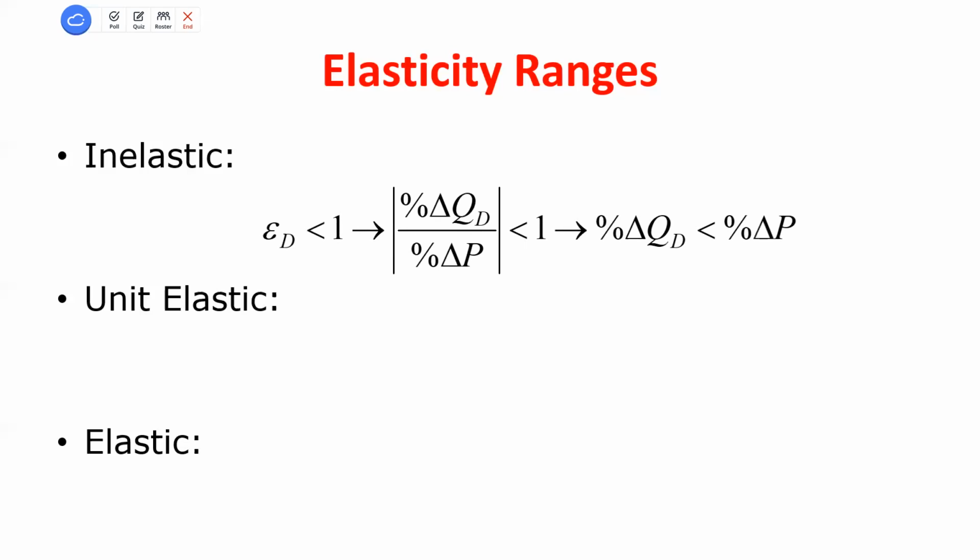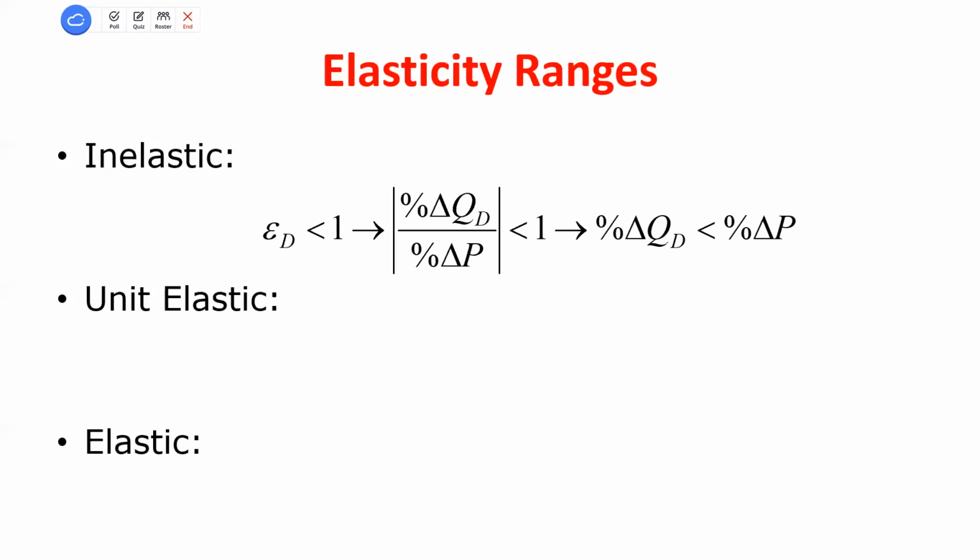So not to have to deal with negative signs, right, negative 50 is actually less than negative 10. So we're going to just take the absolute value of our elasticity measure. So when we're putting it in ranges of values, it makes it a little bit easier. Okay. So we're just going to ignore the negative sign. We know it's always going to be negative, but to make it easier to talk about, we'll take that absolute value. So if I think about this elasticity of demand,